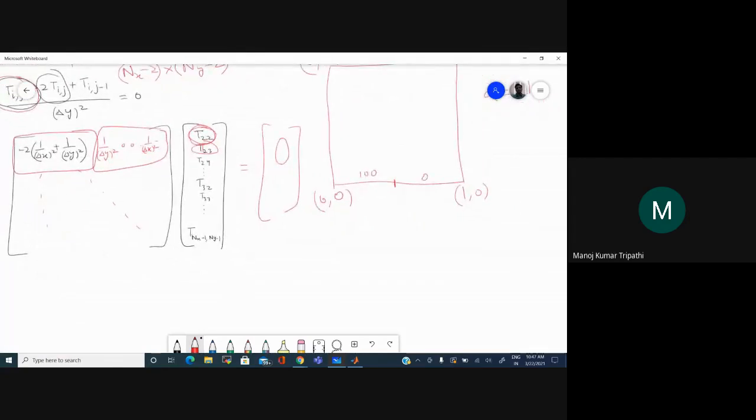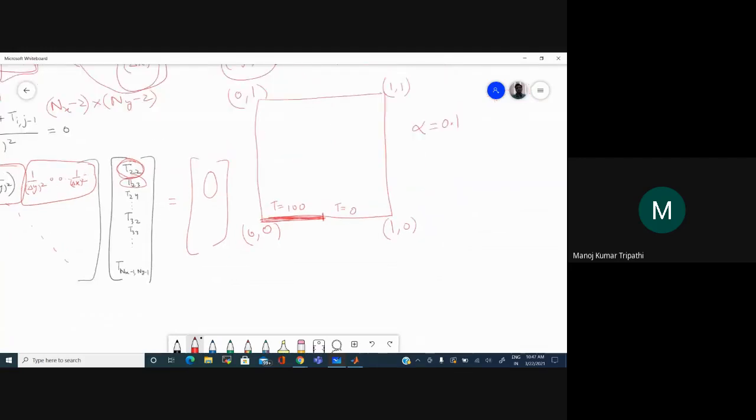Here it is 0. So this part is hot. Then this entire boundary is hot, T equal to 100. And this is T equal to 0. And this is also T equal to 0. This is the problem description.